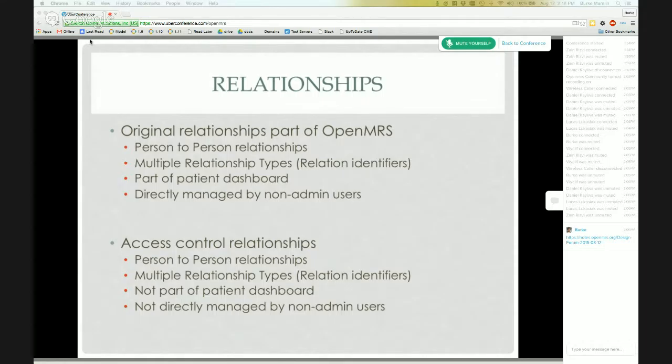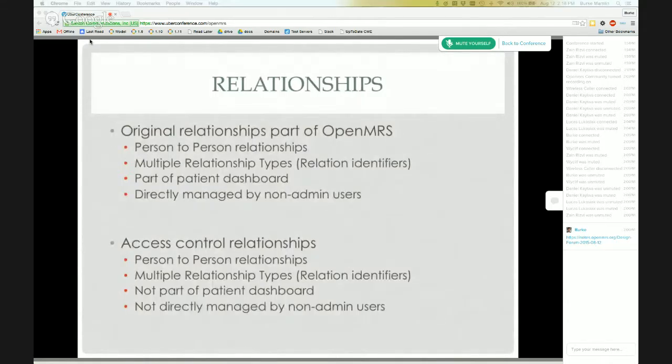Where the patient dashboard may contain relationships such as a sibling, the access control relationships would be something more like a doctor-patient relationship or co-worker type of relationships within the system. And these are not directly managed by users. This is because if users are directly managing these access control relationships, something might go wrong.